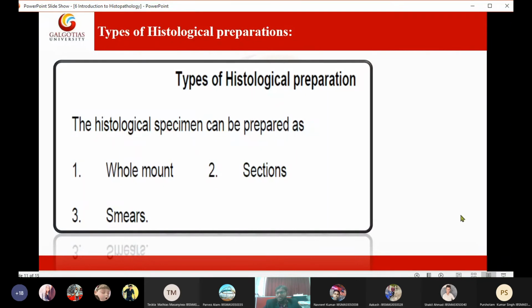Next, smears. Mostly we get smears from cytological specimens. Do you remember cytological specimens? Female genital area, exfoliative and interventional cytology smears. Those are the smears we are getting. Smears you can go for fixation, then go for staining only. The smear will easily go through that. Also, the section you can go for staining and observation. For the whole mount we do not need that; we observe only the physical appearance and measurements.